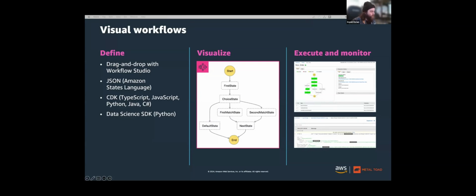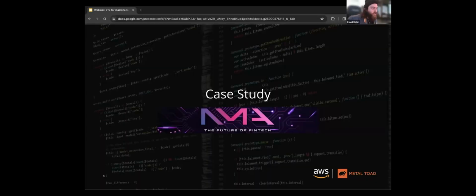Excellent. One moment. I guess let me grab screen. And hopefully we're looking at a screen that says case studies for NMA. Okay, so